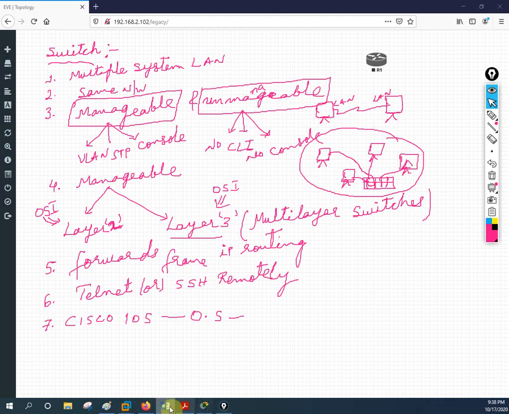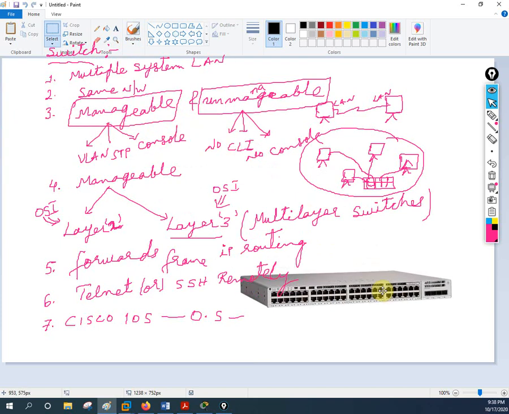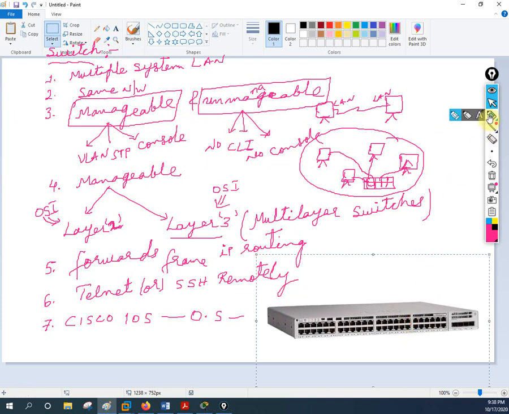Let me paste here the picture of the switch to show you how a switch looks. See here, this is a switch. If you see here, there are many ports. Depending upon the configuration we choose, we have a 48 port, 16 port, or 8 port switch. If you see, this is 1, 2, 3 and so on. 1 2 3 4 5 6, here 6, here 6, 12 here, total 12 here, we have like this.